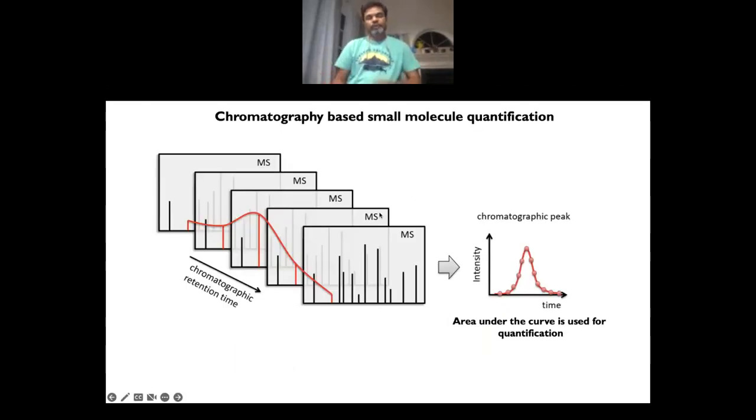So what we actually do is that once we have the information like the retention time and the mass, then we can take all our samples and acquire the data over multiple samples. And what we are looking for, if you look at this figure here on the right hand side, is a typical chromatographic peak where we have time on the x-axis and intensity on the y-axis,